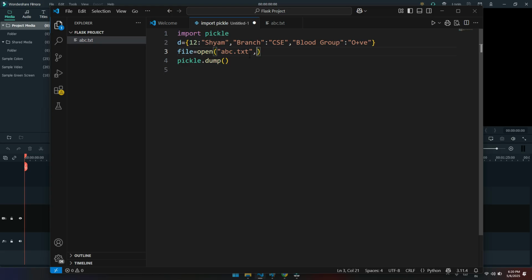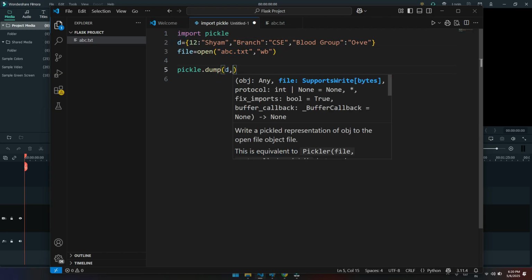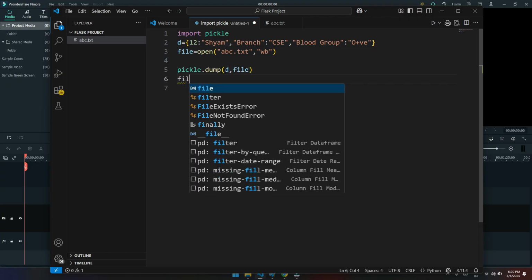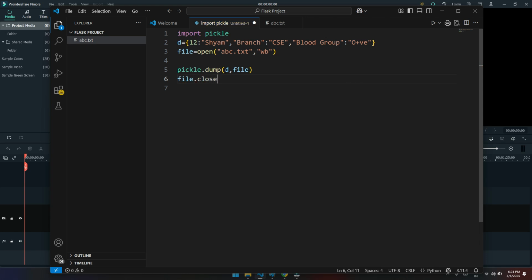So how we will do this: I will just write here WB. This is the one object I have created, named file. Here I am writing the content with the WB flag, write binary, into abc.text. And what do I need to write? I need to write my dictionary D. So I will pass D first, then file, and I will do pickle.dump. Then you just need to close your file. Actually, this is good practice: whenever you are opening any file, you should close it as well. So just save this